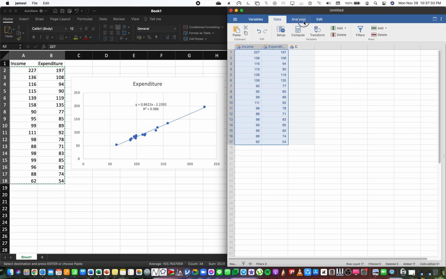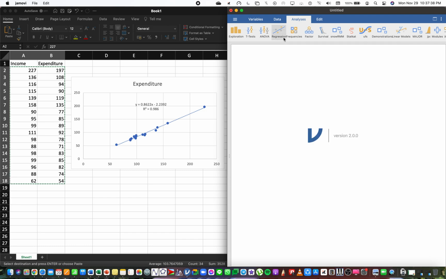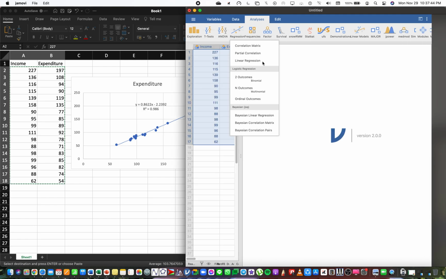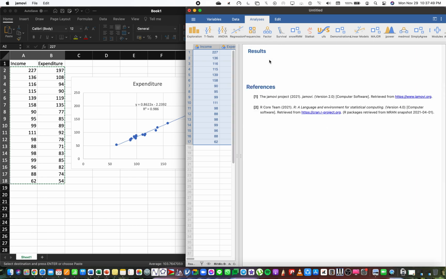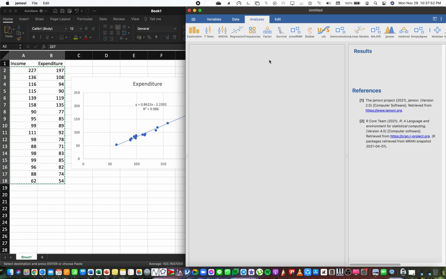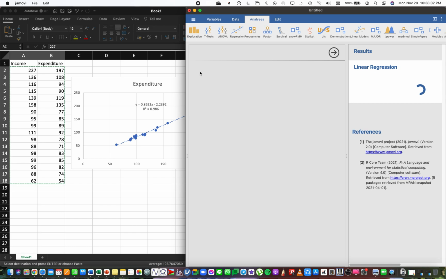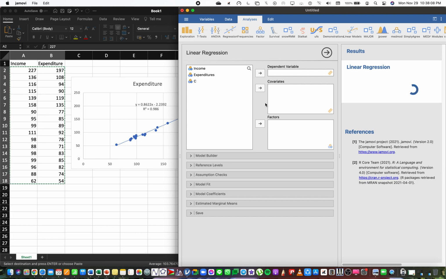You can now go to analysis, and of course, obviously to regression. Then click on the linear regression option under this regression button. Click on that, and then you will be presented with this. It's a little bit laggy since I'm recording the screen, so these things happen. So you have this, right? And what you want to do